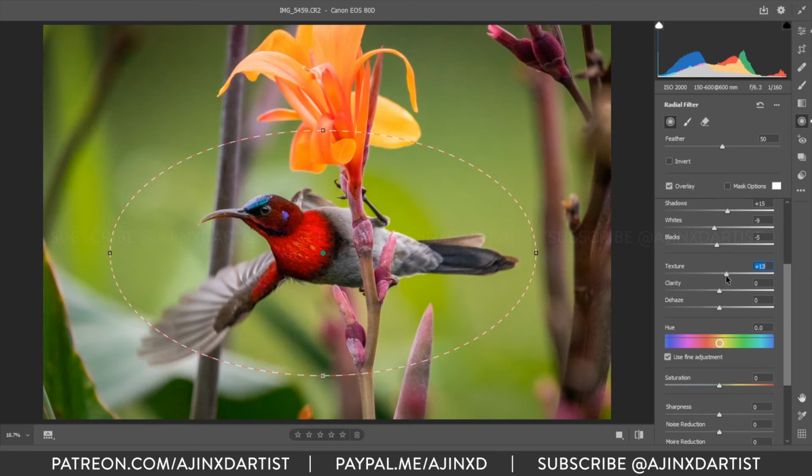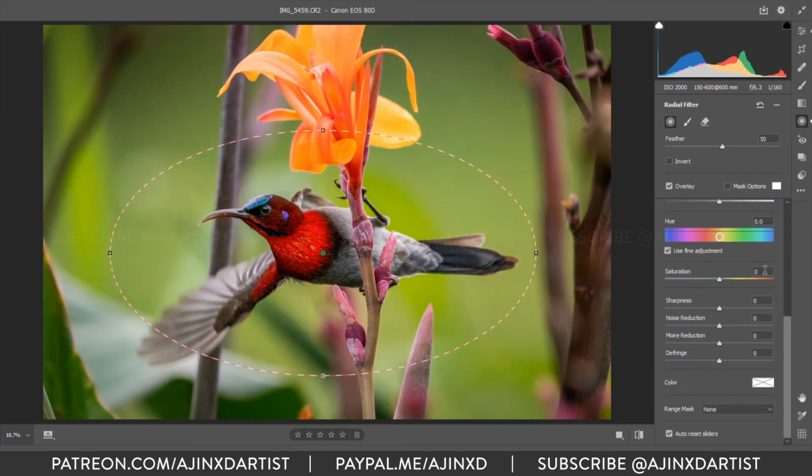So this texture tool is a new addition to 2019 and 2020, I think. Previously I don't think I have seen this. So yeah, this looks good. Same with clarity. Again, we are applying a bit of clarity to our subject, which also adds sharpness. And then dehaze, I don't like this change in the tint, so maybe I won't apply it. Actually looks good on the negative, right? We'll keep it at 0.